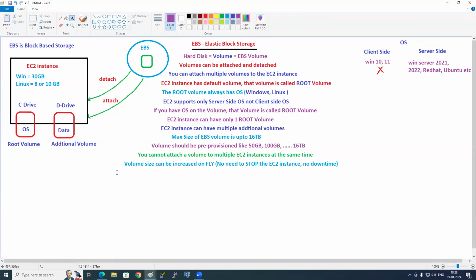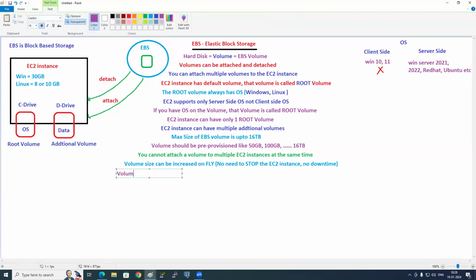Volume size can be decreased? Volume size cannot be decreased. What do you need to do for this? Delete the volume and recreate it.